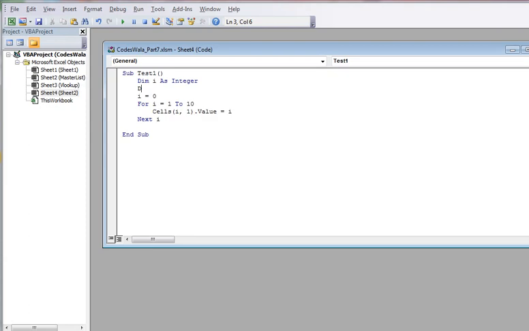we can add the string, dim str as string, str is equal to, okay fine, str is equal to I, and with and I can add hardcode test